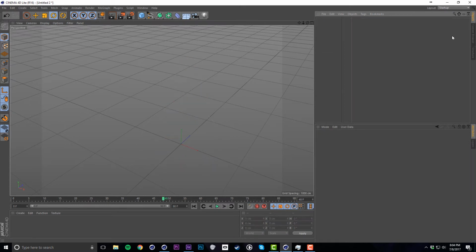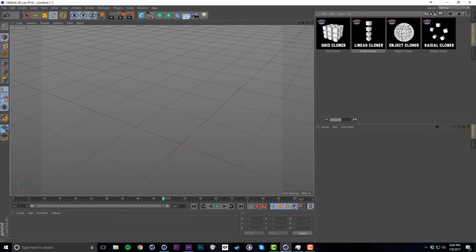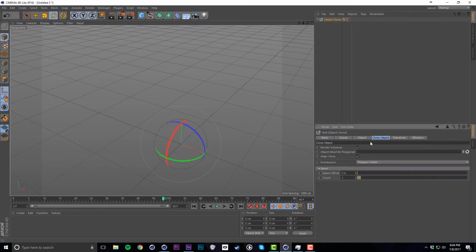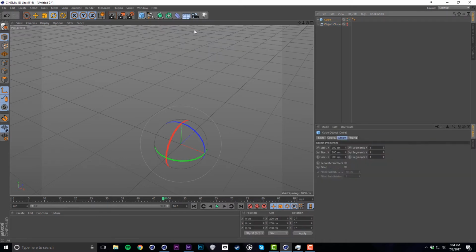Let's go ahead and clear these out. Then we'll go to our object cloner. I like the object cloner a lot. I have a tendency to use this quite a bit. Now, one thing with the object cloner, you'll see in our clone object, the object that we are putting the clones on must be polygonal, however you say that. So what that means is if we were to create a cube,